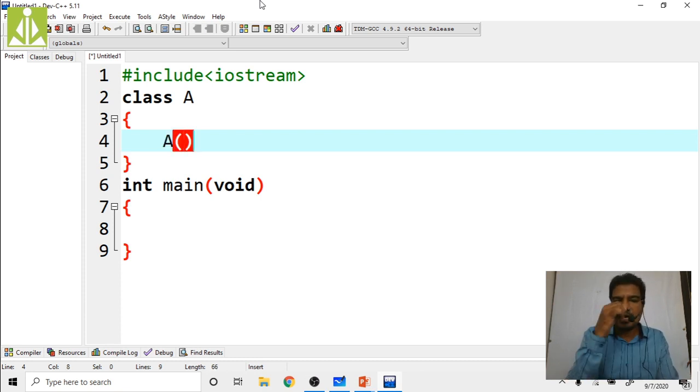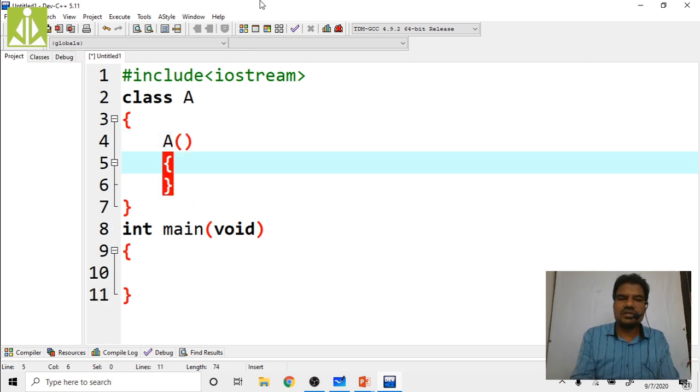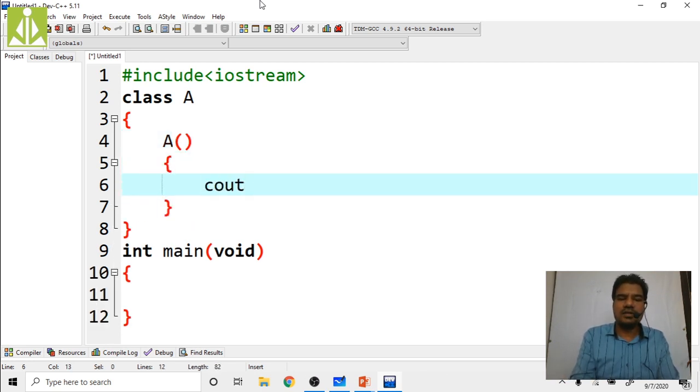So what I do is put one constructor without any parameters and with a cout statement, cout of A's constructor. A class constructor invoked.